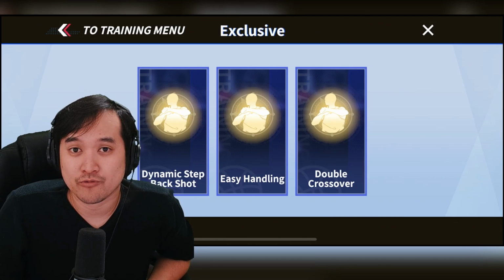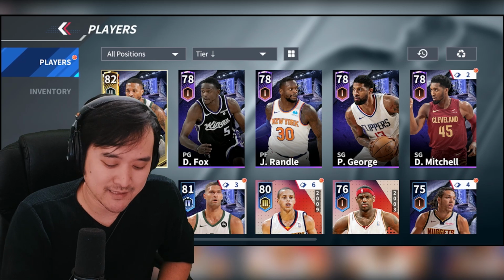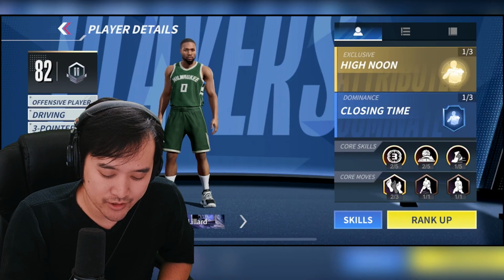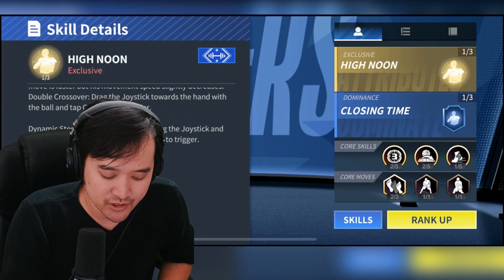That's why I recommend sticking to one player and mastering him. And you can practice these additional moves that your player gets. Depending on the player, you can go into your exclusive settings right there. You can go into your player details, tap in on your exclusive, and you'll see that there's additional moves that